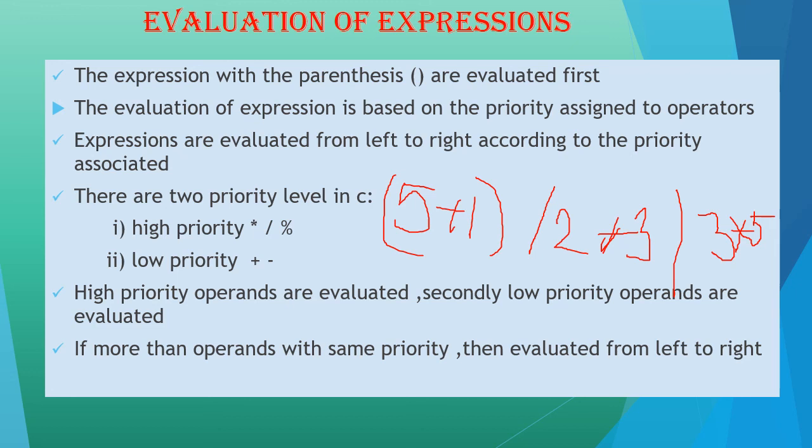So first we said that the priority is always for what? Parenthesis. So first we will evaluate this. What is the answer of that? We'll be getting 6. So the parenthesis is gone. Next, we have two divisions, one division here and another division. Which will we do first? I said we look from left to right. Which is at the left? This one, right? So 6 by 2. What is 6 by 2? We'll be getting the answer as 3. So 6 by 2 I will write here as 3.